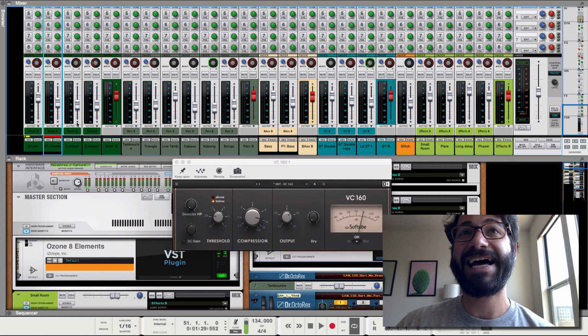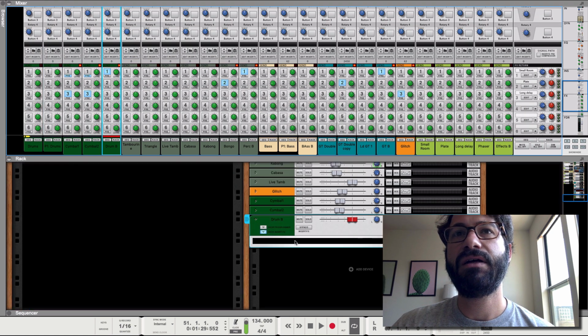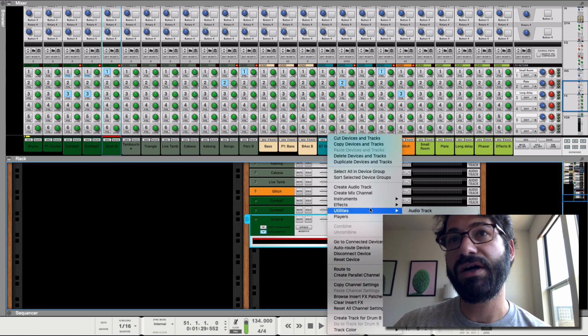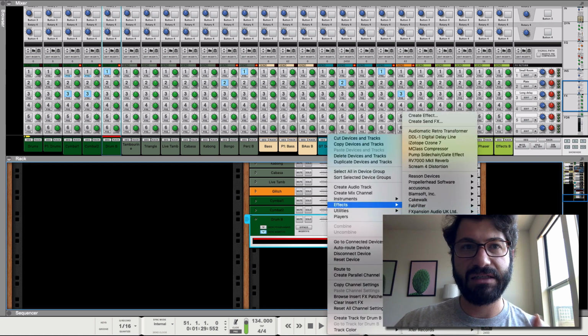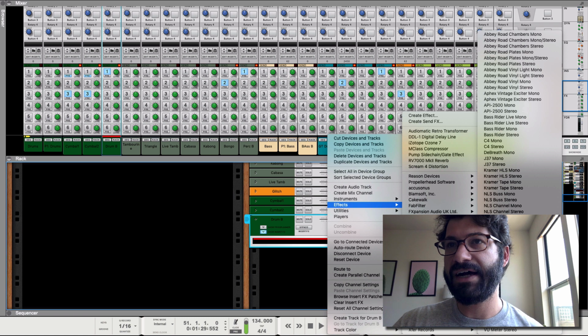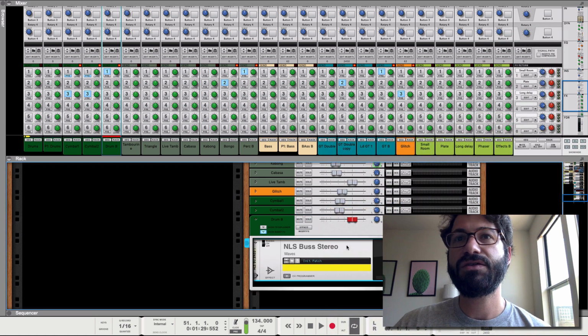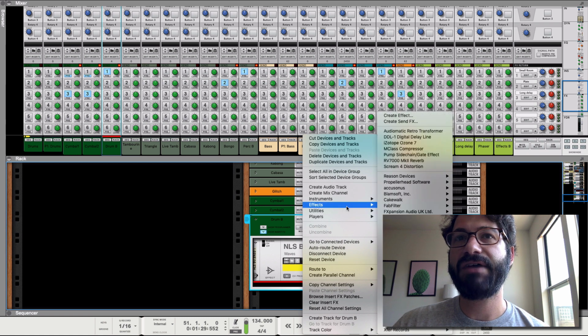Now for coloring, what I'm going to do is add tape effects to all of these buses. And also I'm going to add a Waves processor, the NLS processor, which mimics an old school console bus. So I'm using the bus because these are buses. I could put one on each individual channel, but that takes a lot of processing. So I've got the NLS there, and I'm also going to use the Waves